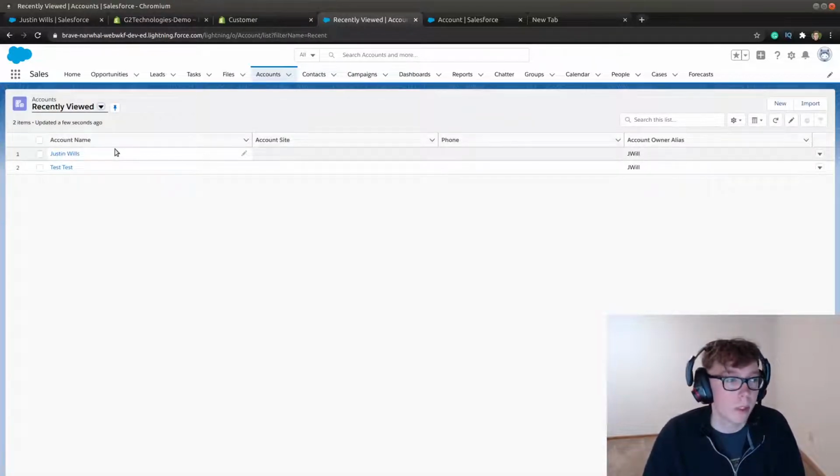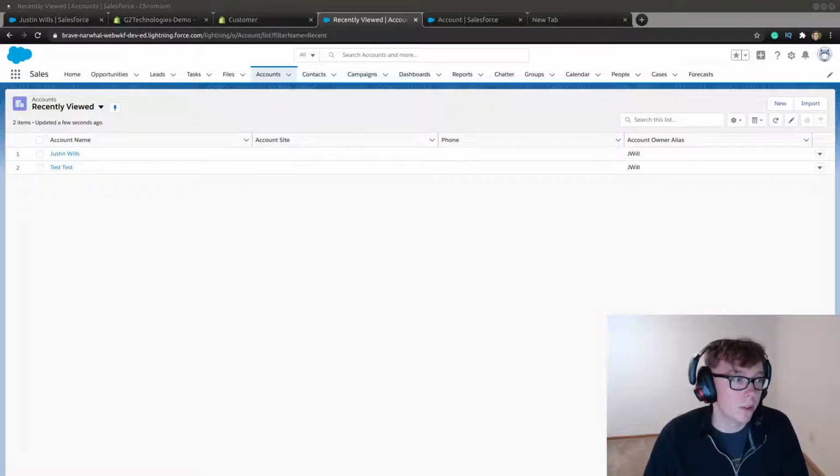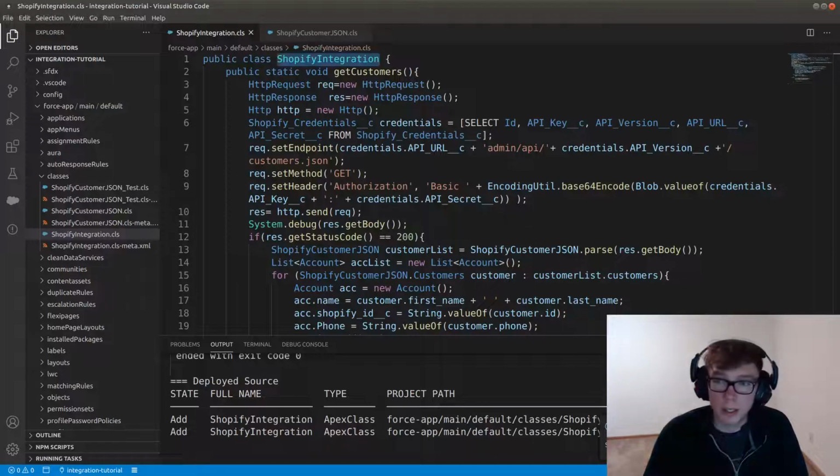So it's great. Now, the only thing is that unless you're going to be going and running this by hand every time you want to pull the records, this isn't super useful. So what we need to do is put this inside a batch class, and that way we'll be able to schedule this so we could run nightly, hourly, or even more frequently. I'm going to show you how to do this, schedule it nightly. Anyway, if we go back to VS Code,